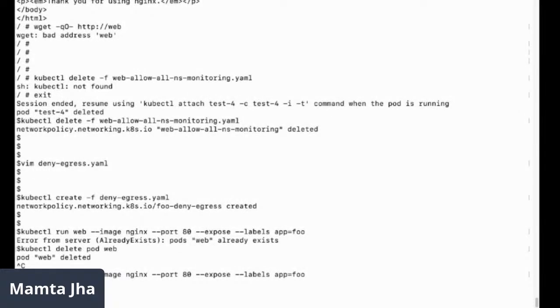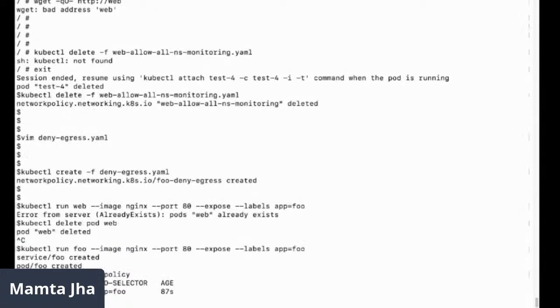So foo is created. kubectl get network policy. A rule is applicable on foo as well. And from this particular pod, you will not be able to communicate outside.